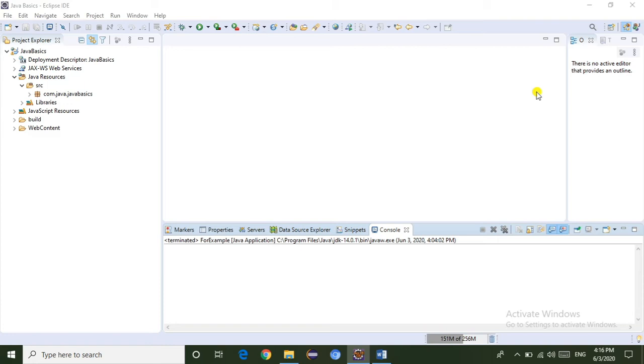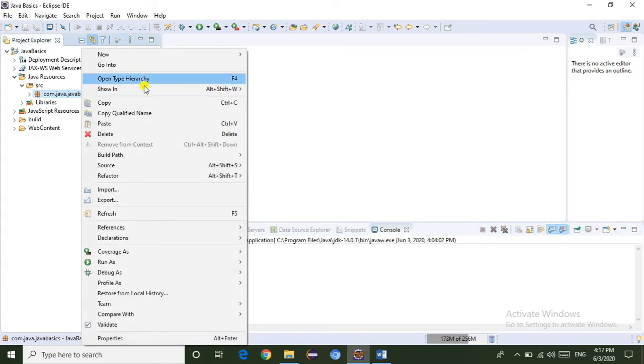Now I am going to show you a simple example of while loop and do while loop. So this is my project Java Basics. Under Java Basics, we have a folder SRC. Under SRC folder, we have a package com.java.javabasics. I am going to create a new class.